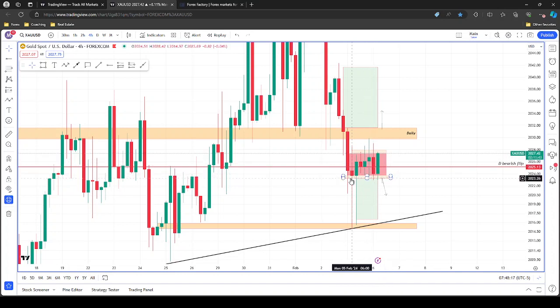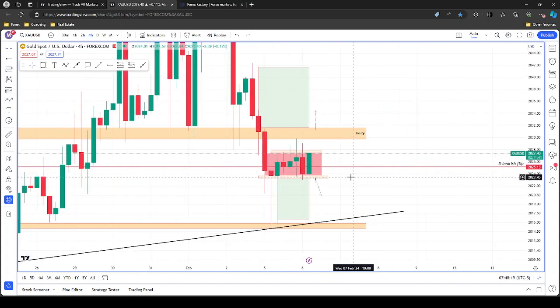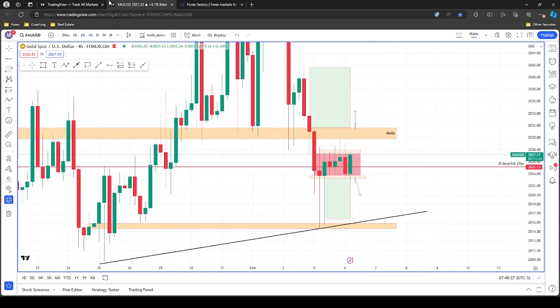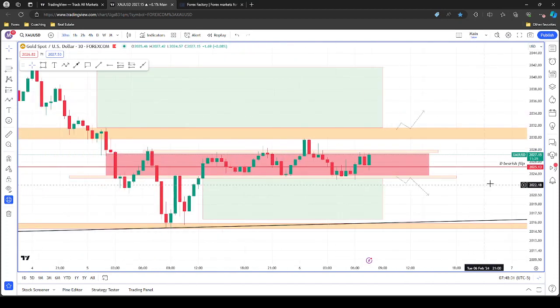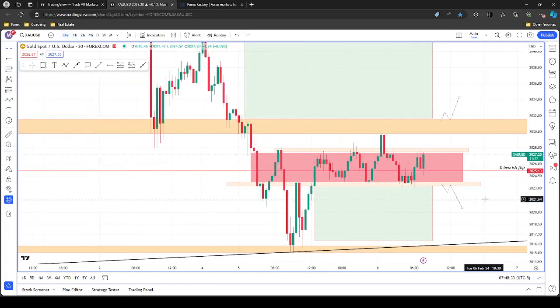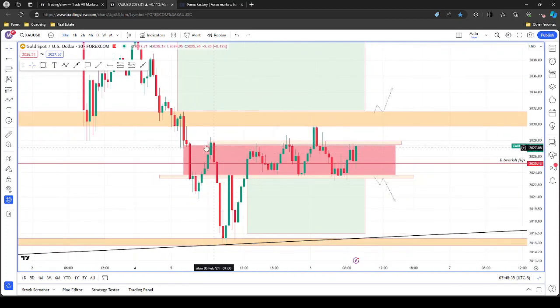And then we have a 4 hour support, which means for any sells, I'm going to wait for price to break this area. And for any buys, I at least am going to wait for price to break this area, right? So now let's drop down to the 30-minute, because that's actually the time frame that I'll be executing on. As we can see, like I said, in this time frame, there's no real direction,